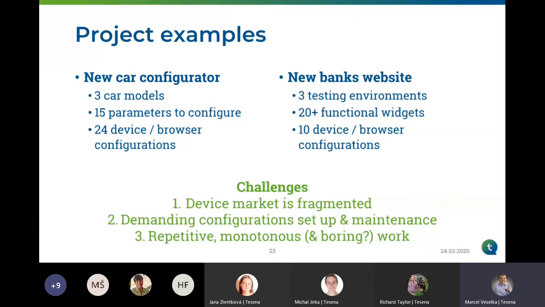On the bank's project, we had 3 testing environments and more than 20 functional widgets like IBAN calculator or application for a mortgage and many others. And they asked us to check that on 10 devices. And of course, this is not about the tooling, and it is a stupid idea to go through all these things. I'll show you what we did and how we coped with this,